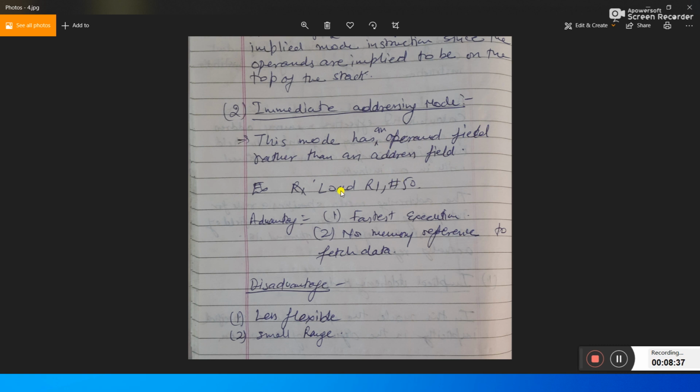So it is R1, and the other thing is the operand field. There is no address field, there is an operand field. The operands are directly provided to the register R1. The advantage is the fastest execution and no memory reference to fetch the data. The disadvantage is less flexibility and a small range.